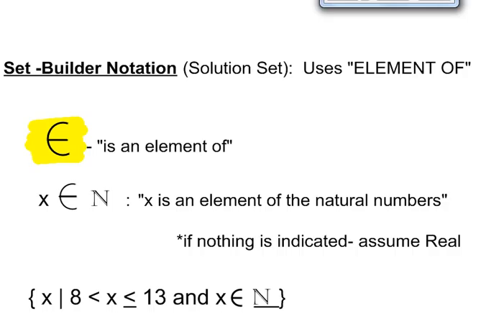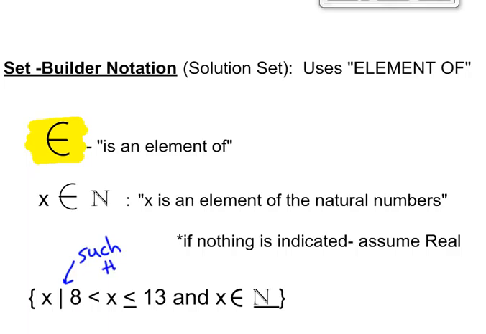The symbol is an element of or belongs to. And then the N we talked about as being natural numbers. The N stands for natural numbers. So X belongs to the natural numbers, or X is an element of the natural numbers. If I don't put that at the end, then you can assume that we're talking about all real numbers. So if I don't put that, then I'm not limiting it to a smaller set. So in the case that we have written down here,